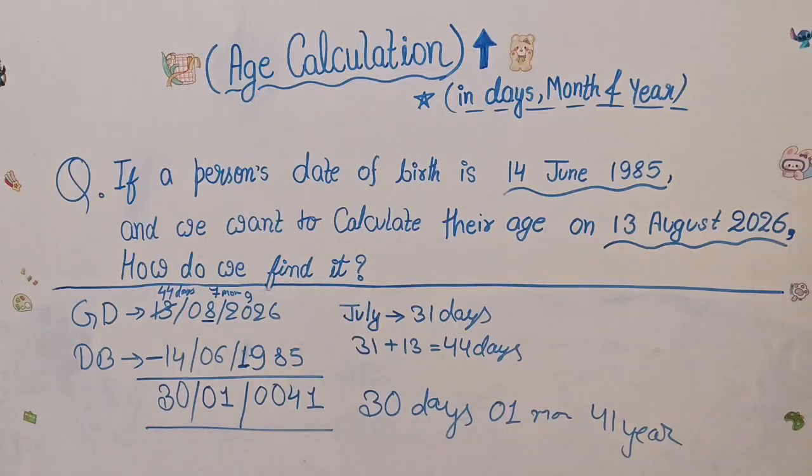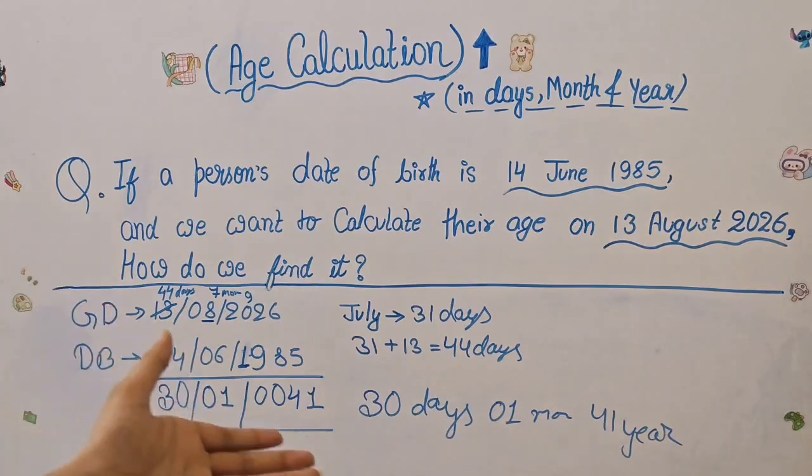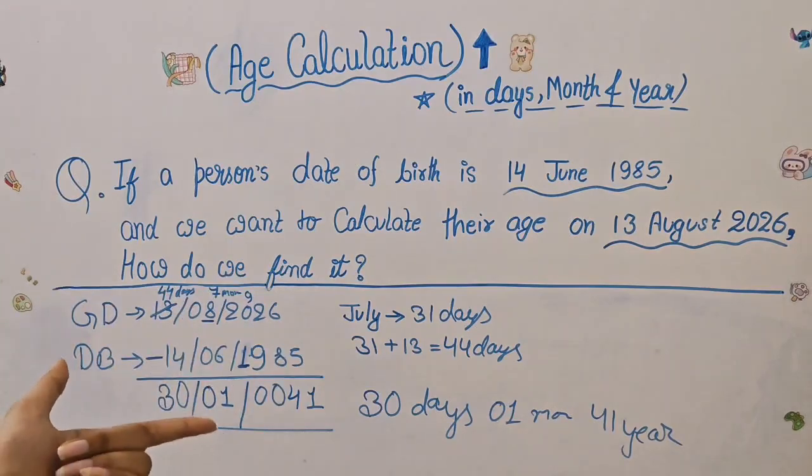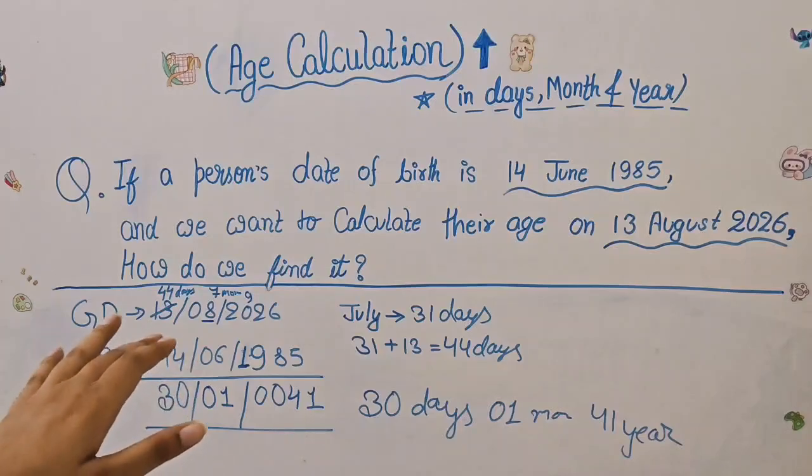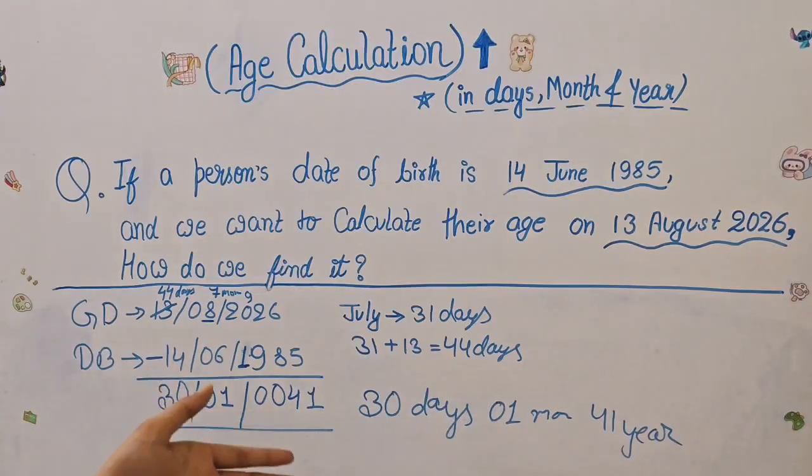So that's all. And some important points we have to remember: before borrowing a month, we have to remember how many days the previous month contains, so that it can give it to the date. Like January consists of 31 days, February 28, or during a leap year it will contain 29 days, March 31, April 30. So we have to remember those days. Don't simply assume that every month has 30 days, or it will be wrong.